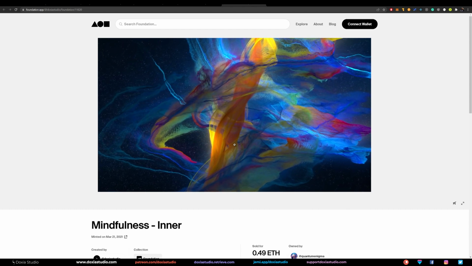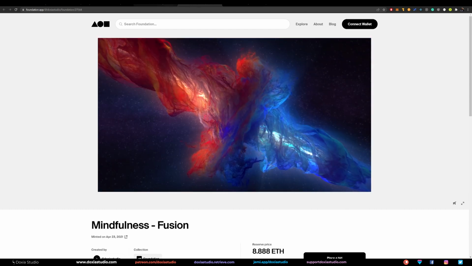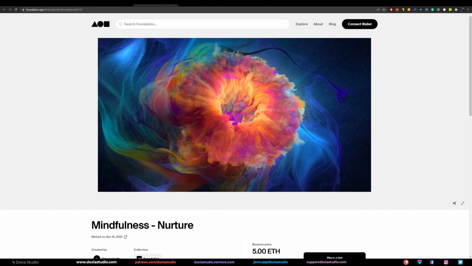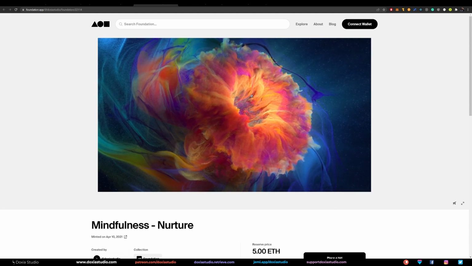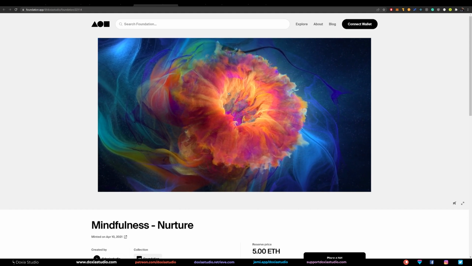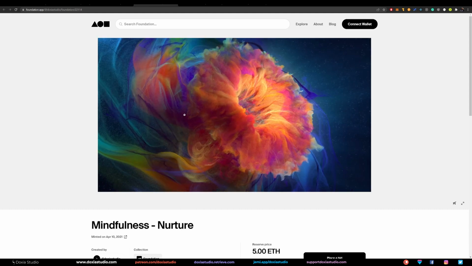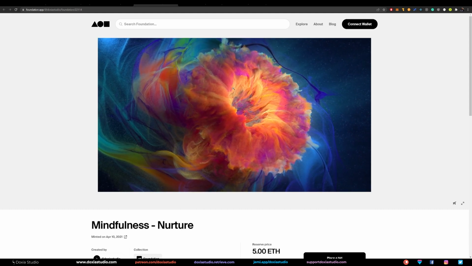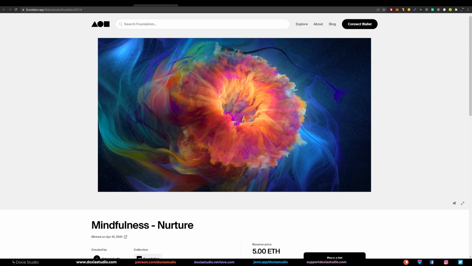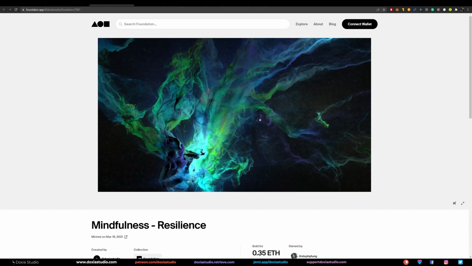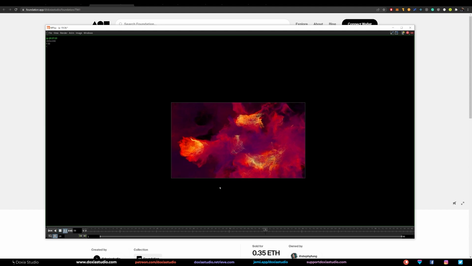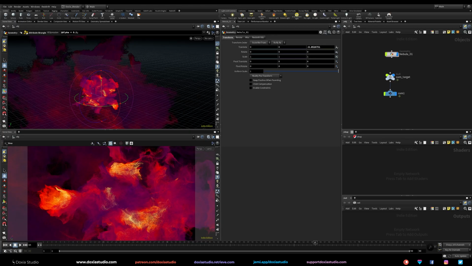I love this one, it is one of my favorite. This one, this one, this one. Okay, the next one we will see how to detail the nebula a bit as we want with pyro simulations. A little bit of tricks to render a really high number of particles. And then on the third part, we will see how to export these into After Effects and play a bit with the post-production. I'm not the expert in that, but I'm going to teach the best way I can, my workflow.